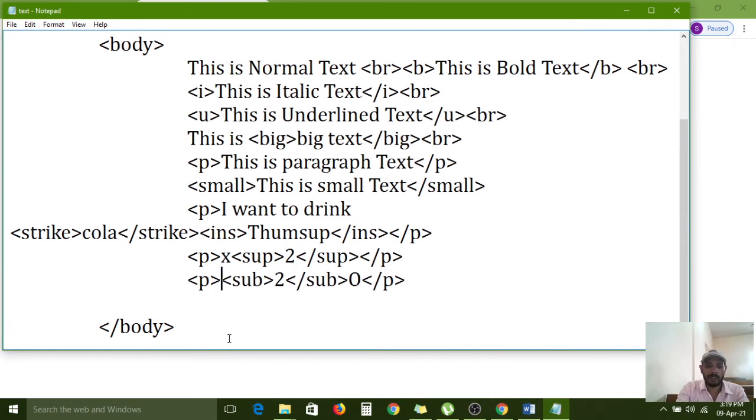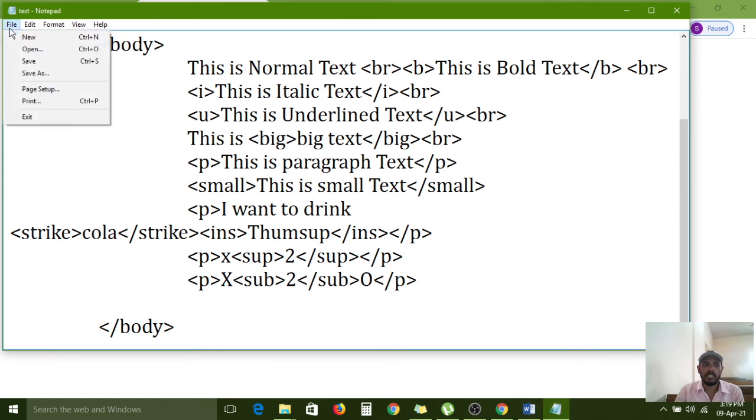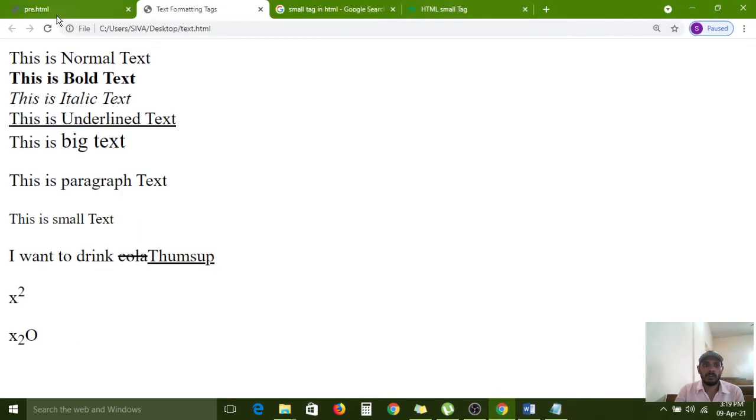Sorry, here I configured a capital letter, then only you can understand. Otherwise some differences are also showing. Before, I configured a lowercase letter x. Now I changed lowercase to uppercase. Capital letter I have applied. Now the formula is fulfilled. H2O. If you want to apply the square, then superscript as a tag we have to use, the SUP tag. If the 2 has to come in a down format, then you can apply the subscript.